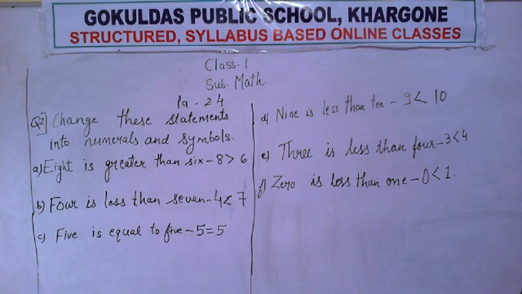Now one more question, the last question, that we do just now. The question is, you have to identify whether the statement is true or false. Do you know the meaning of true and false? True means a correct statement. You have to identify whether the statement that is written is correct or not. If that statement is correct, sahi hai agar, then we write true. If the statement is wrong, then we write false.